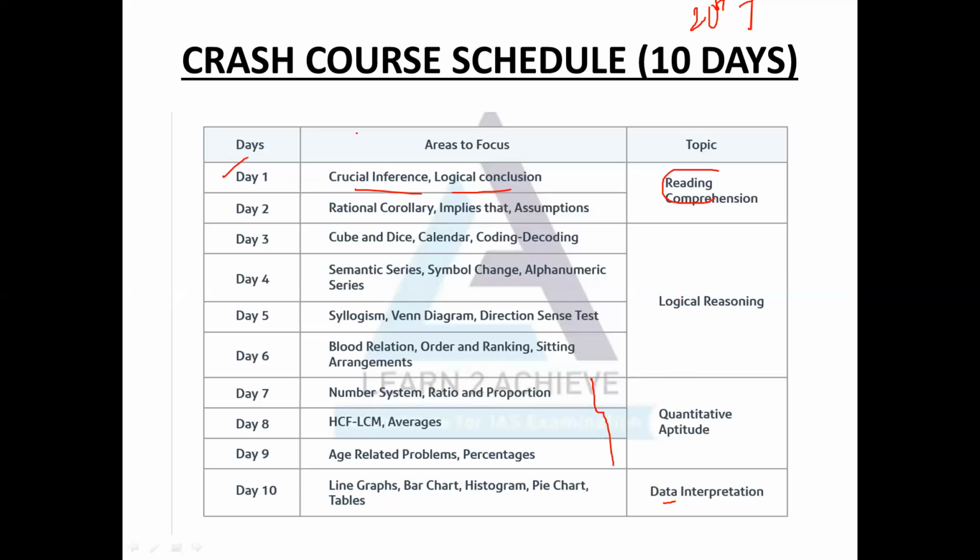Okay, so this crash course is for those students who have some basic knowledge of CSAT. They have prepared somewhere in the past. If they have prepared, they can go for this crash course. Now if any student feels that he needs a detailed CSAT course, covering each topic